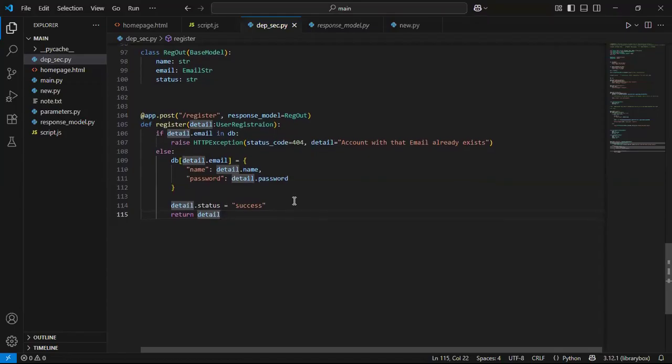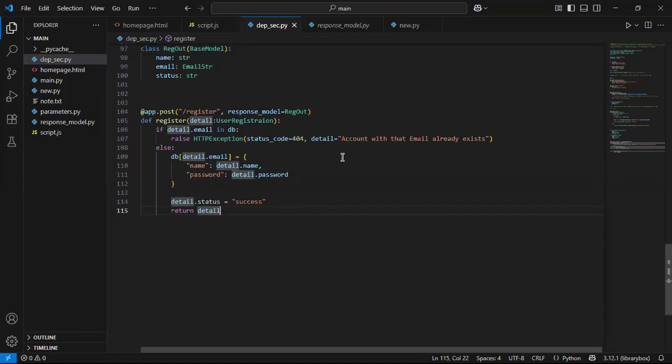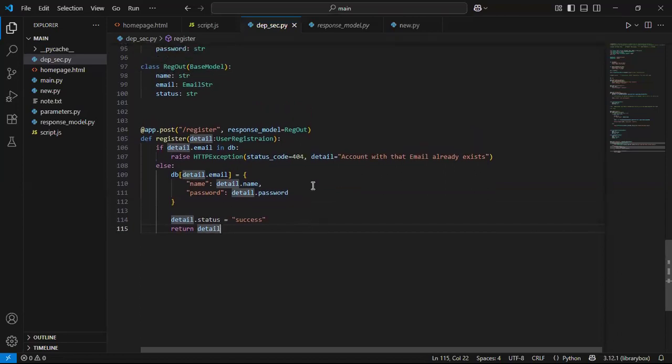Right. So now let's see how we can implement that in this project real quick before we proceed to middleware and cross-origin resource sharing and all that. The good thing is that Python has a lot of libraries for hashing passwords. There are plenty of them, but the popular one